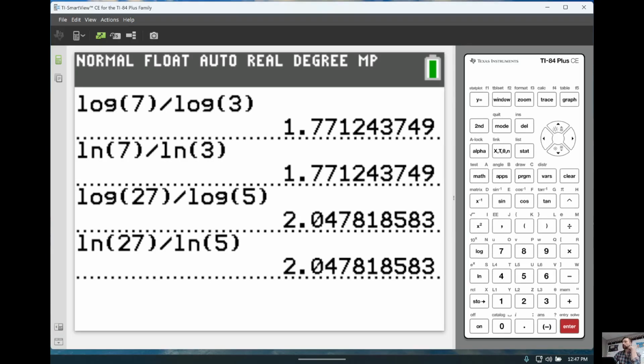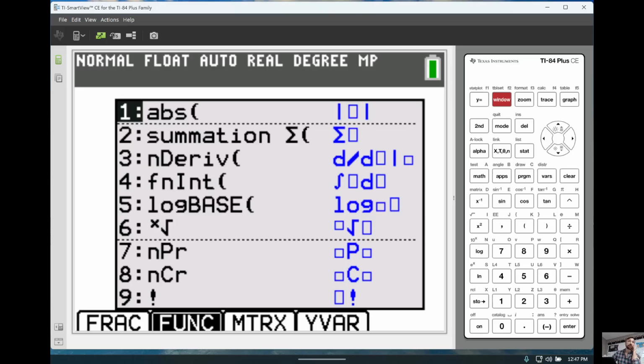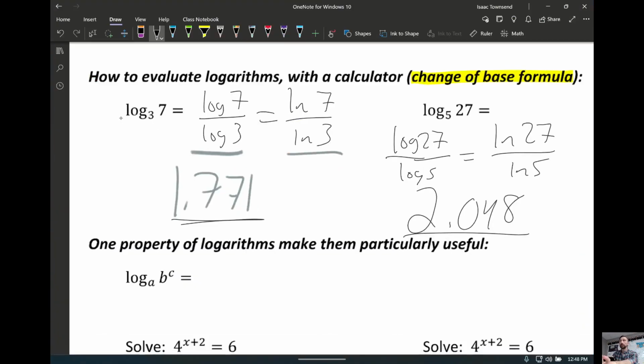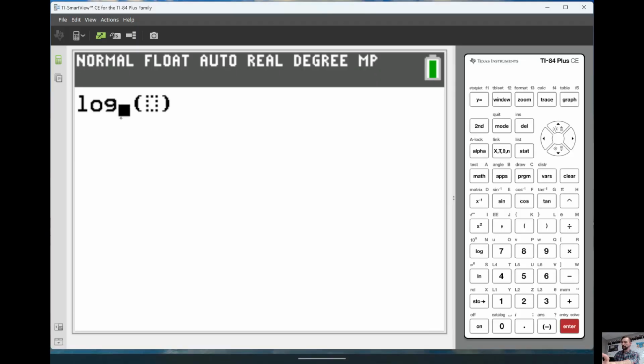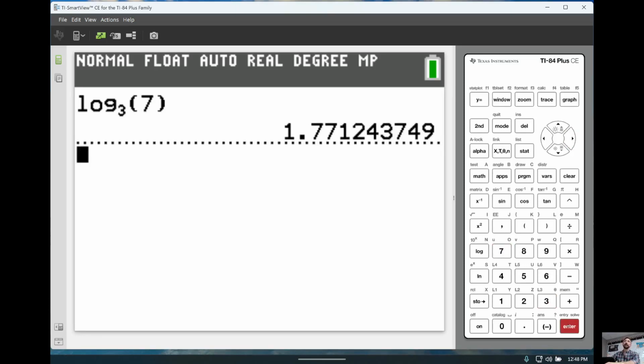If you have a TI-84 and it's not an old one that you never updated the operating system on, you can hit Alpha Window and you get this extra menu of stuff that they added to the calculators after the TI-83s. It's a convenient place to find the absolute value sign. In calculus, we use 3 for derivatives and 4 for integration quite a bit. But option 5 says log base, and if you do that, it lets you type in the base that you want. So I can put the 3 where it's supposed to go and the 7 where it's supposed to go,